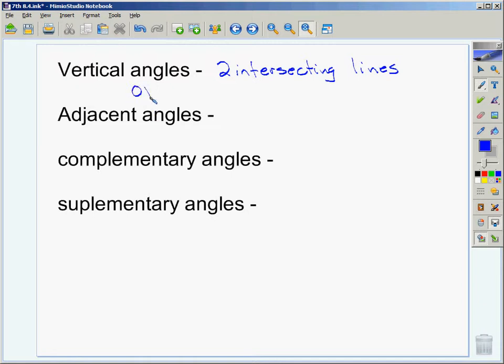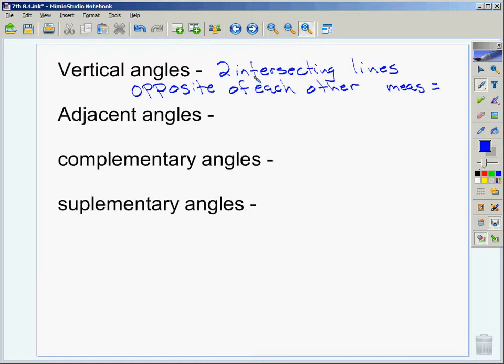They are opposite of each other. And what can you tell me about their measurements? Okay. Whatever their measurements are, equal. Okay? You take the time to look at that and underline, highlight where that definition is, these important parts